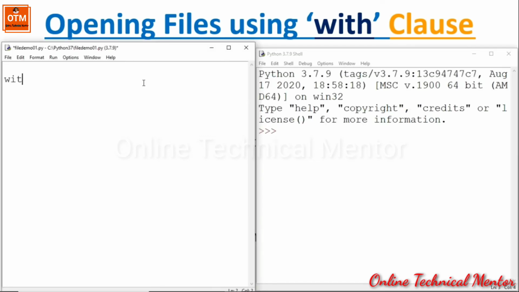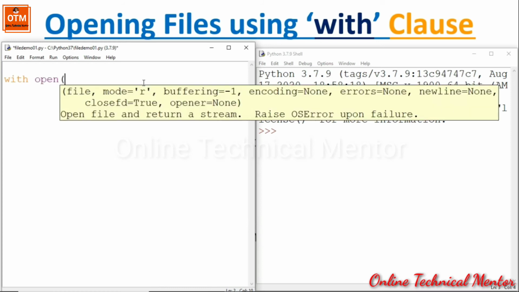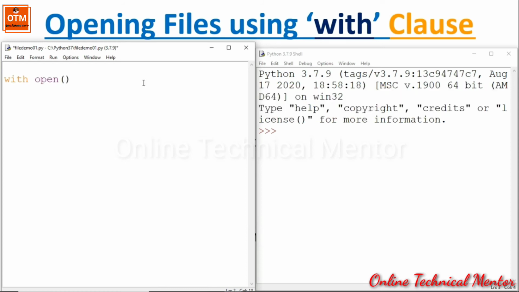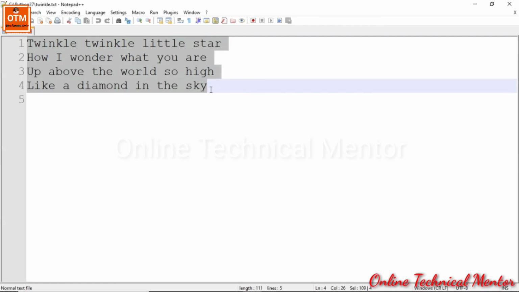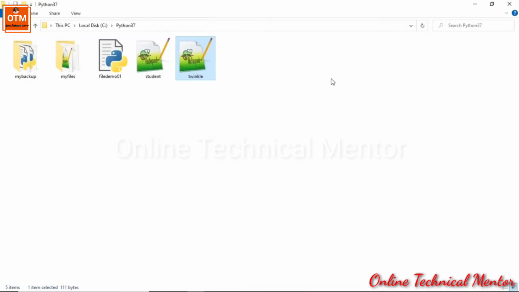Let's write like this: with open, within brackets, let's open a file named twinkle.txt. Let me show you that file within the folder. So here is the twinkle.txt. Let me open it first. Twinkle twinkle little star rhymes are written over here. Now let me minimize it, and it resides within the C drive, then the Python 3.7 folder. Within this Python 3.7 folder, my program file, file demo 01, and the twinkle.txt data file, both are present